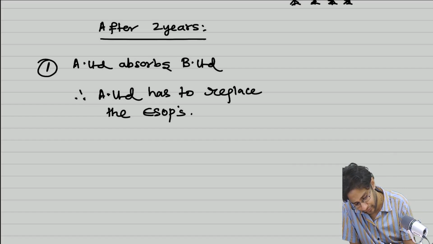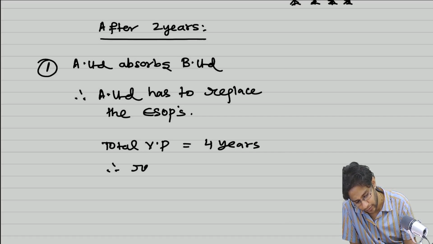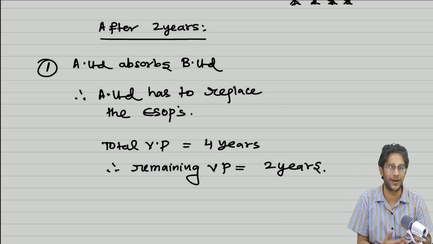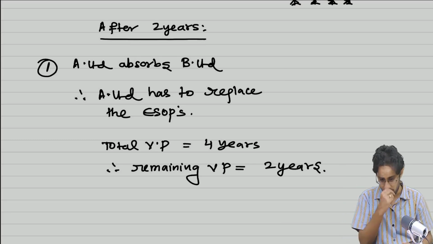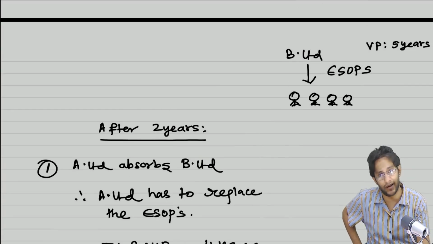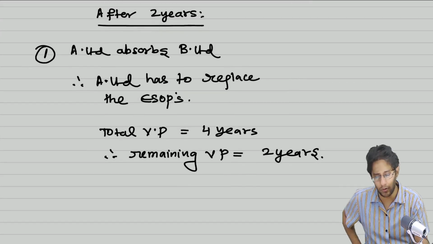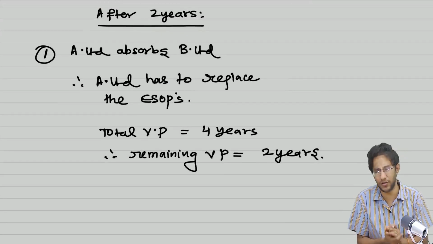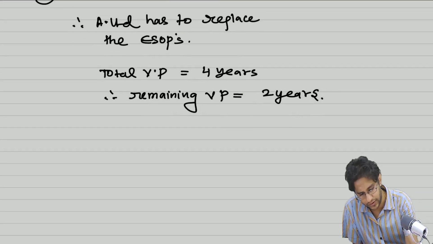So how has A Limited replaced it? Imagine the total vesting period is 4 years. Therefore, the remaining vesting period is equal to 2 years only, because they have already served 2 years in the past, another 2 years, so that's enough. But as per the original plan, it is 5 years, remaining is 3. But now A Limited has issued a new plan, therefore they have changed the terms and all. Now what you have to do is